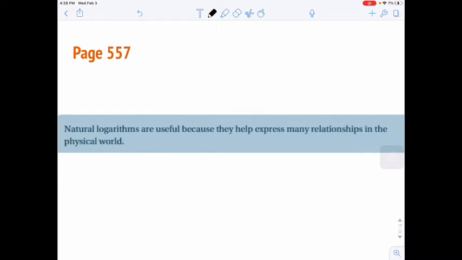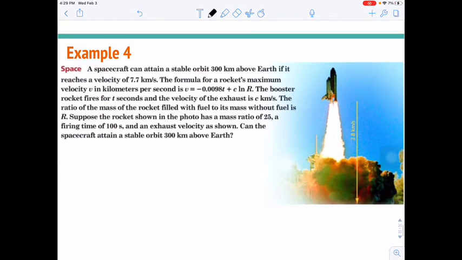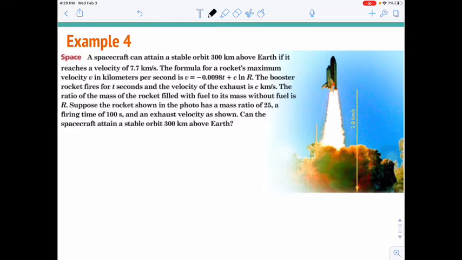Section 7.6, Example 4 on page 557. Natural logarithms are useful because they help express many relationships in the physical world. Example 4 says a spacecraft can attain a stable orbit 300 kilometers above Earth if it reaches a velocity of 7.7 kilometers per second. The formula for a rocket's maximum velocity v in kilometers per second is v equals negative